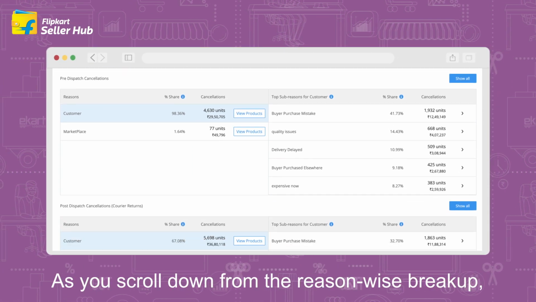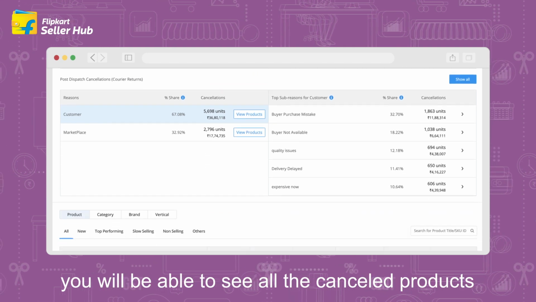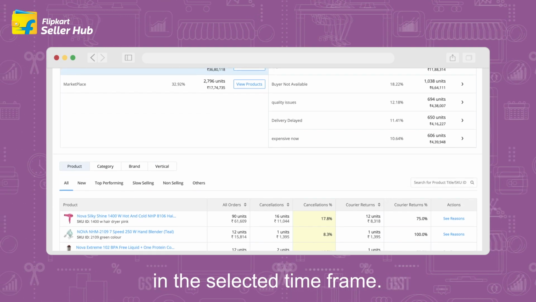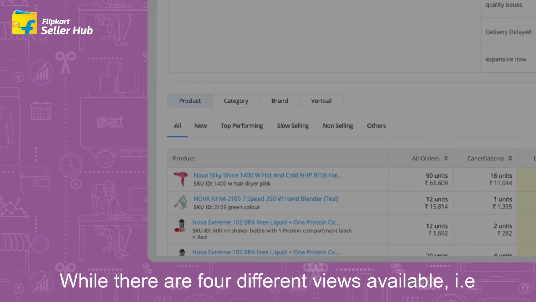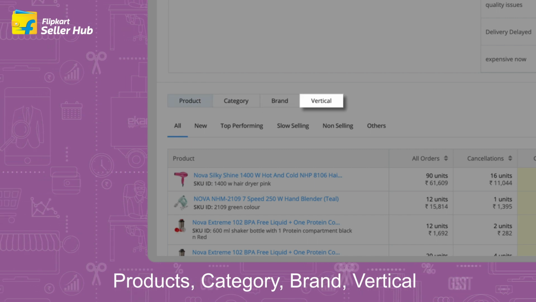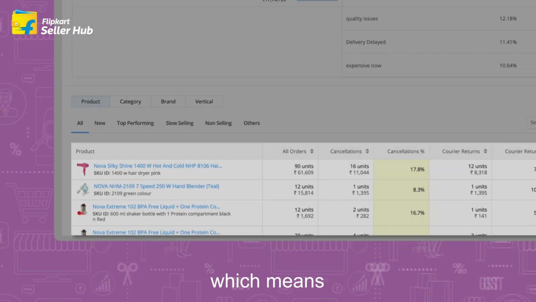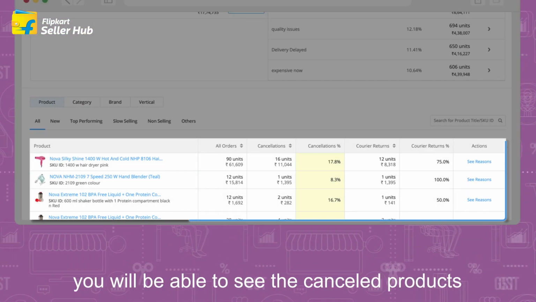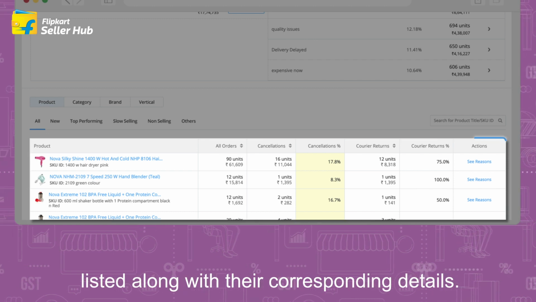As you scroll down from the reason-wise breakup, you will be able to see all the cancelled products in the selected time frame. While there are 4 different views available, that is, products, category, brand, vertical, by default, you will be able to see the product view, which means you will be able to see the cancelled products listed along with their corresponding details.